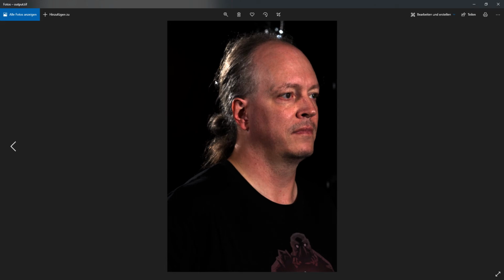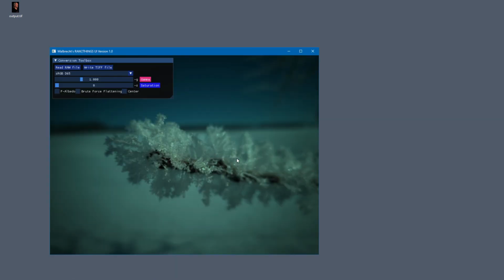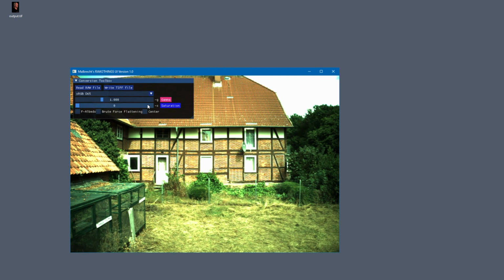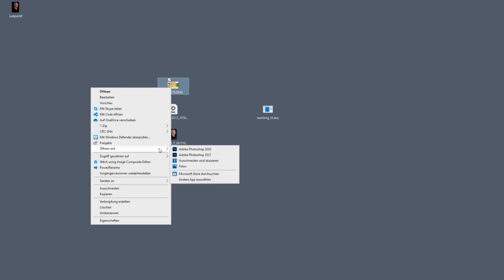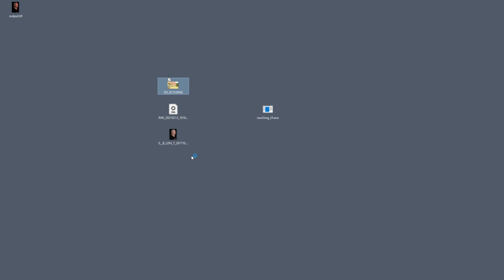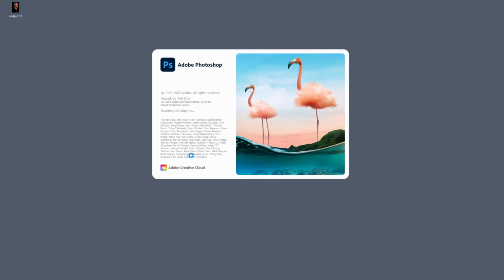The tool should work fine with almost all flavors of RAW. Here's a mobile phone DNG, and there's another DJI image that DCUR could not interpret correctly at all. Just for giggles, let's compare how long Photoshop needs to start and read a RAW file. I know, this is not a fair comparison, but